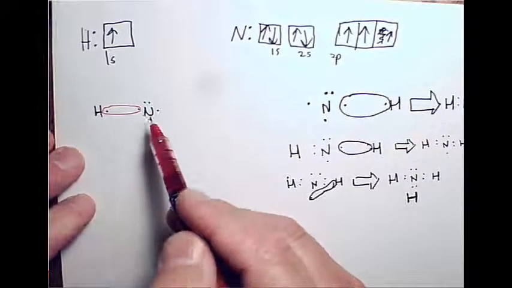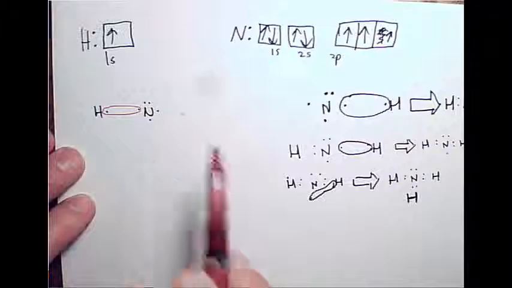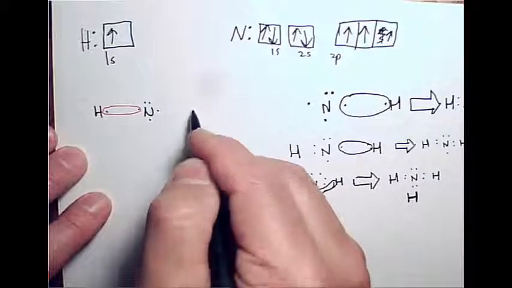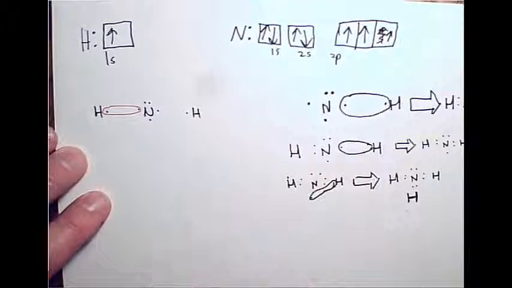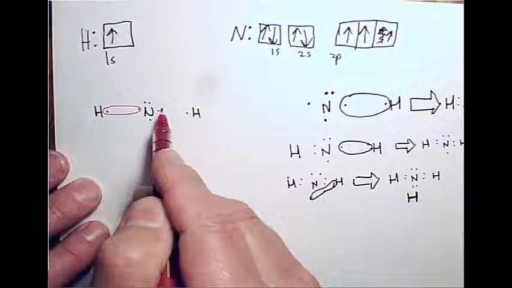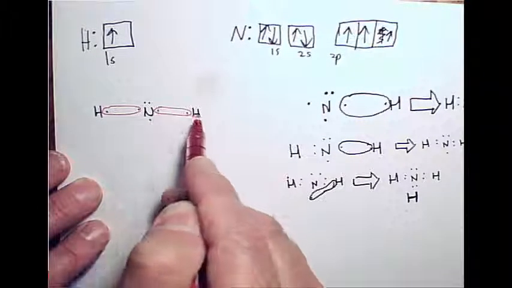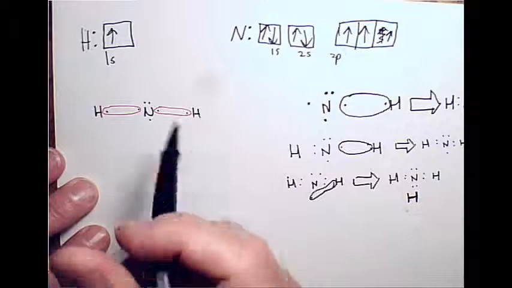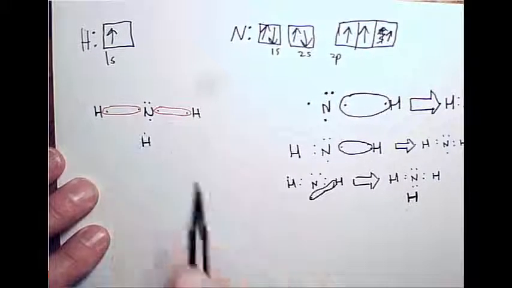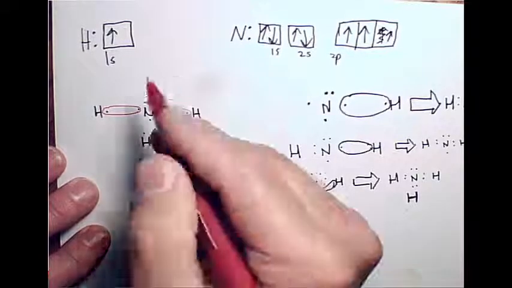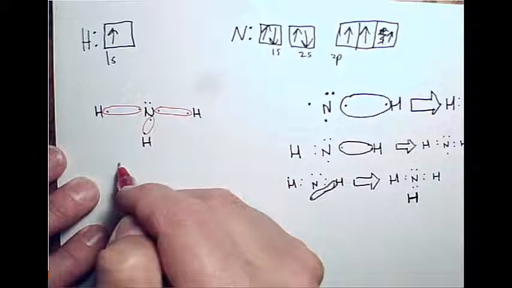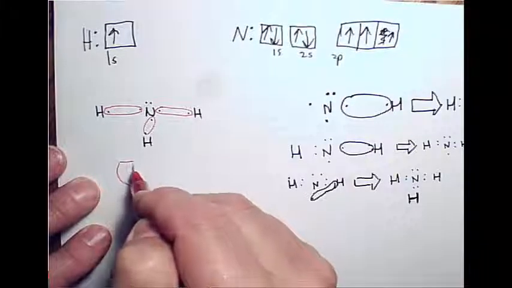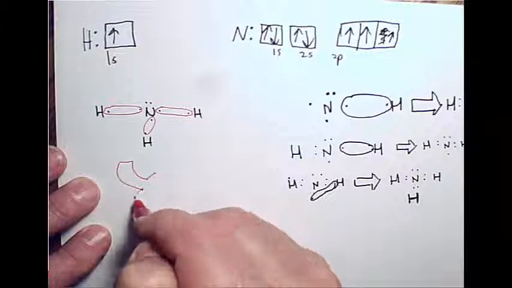That gave hydrogen 2 valence electrons, but nitrogen only has 6 at the moment. So if I put another hydrogen on here with another dot, and share this one, now this hydrogen has 2, which is what it wants, but nitrogen has 7. So now I realize I need 1 more electron somewhere, and so I put another hydrogen down here, and now